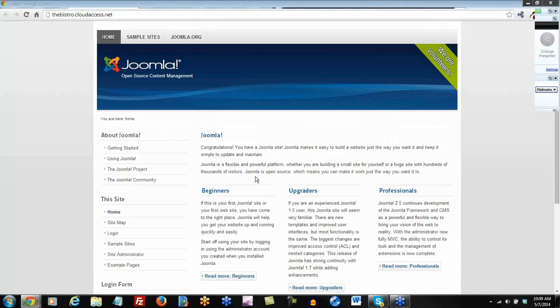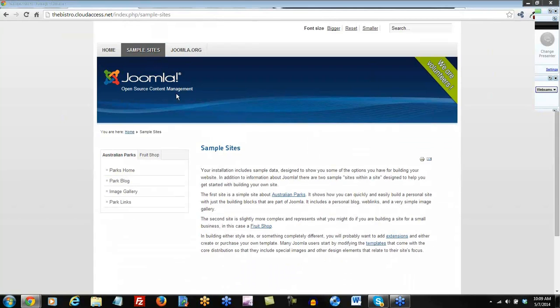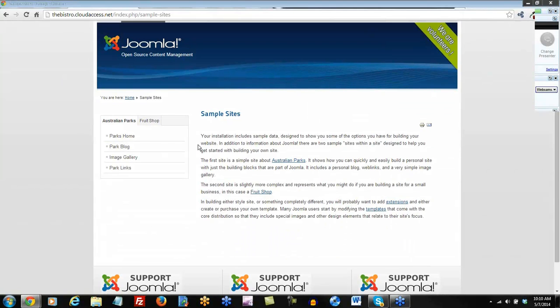And I'm going to show you how to delete this sample data as we create content of our very own. So the site is going to change quite a bit today, and we'll customize it quite a bit. Now, one of the downfalls of launching that 2.5 site is the sample data. If we scroll through some of this content, you see there are many, many modules and articles published,